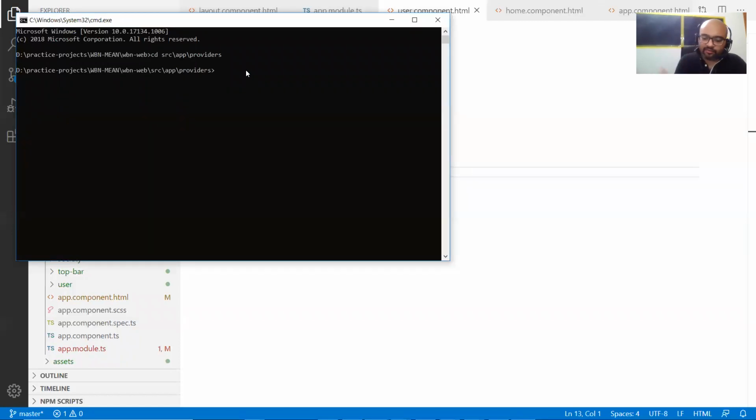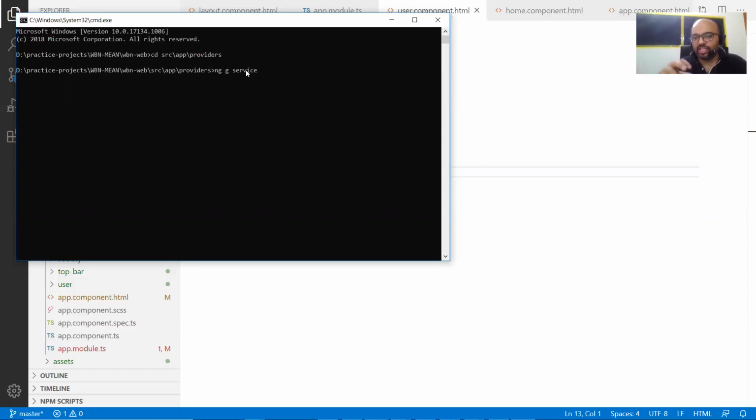And now inside provider folder I say ng g, correct? So I can put shortcut as s also, but don't do that. Try to have a habit of writing the actual name, because there are other things also with the same word. So c is fine, c is for the component only, but I am having a doubt with s.